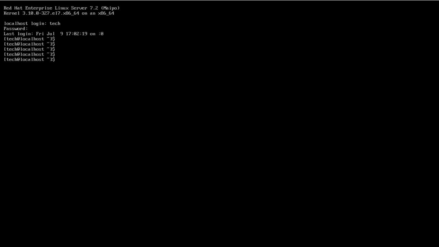Now this is our F2. Now we are in the command line terminal. If I want to move to another terminal from this command line terminal, I don't have to press Alt Control, I just have to press Alt. I will press only Alt, and then I can switch between all the other terminals, like for example F3,